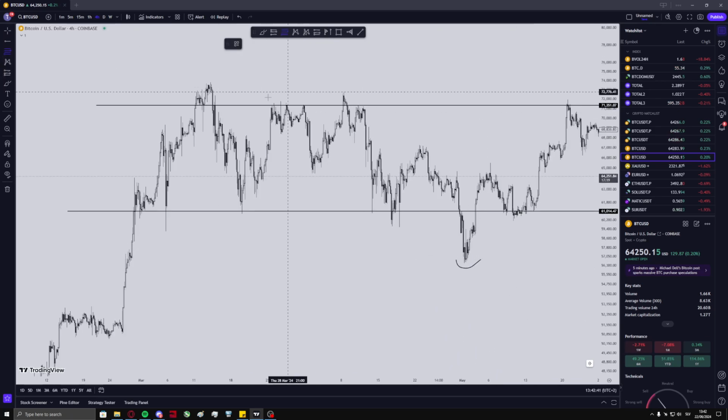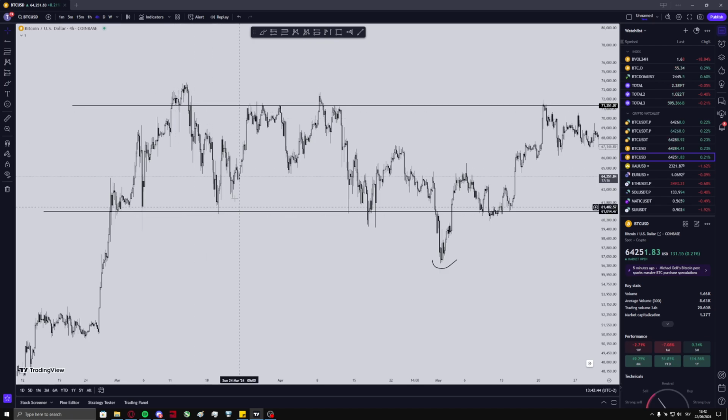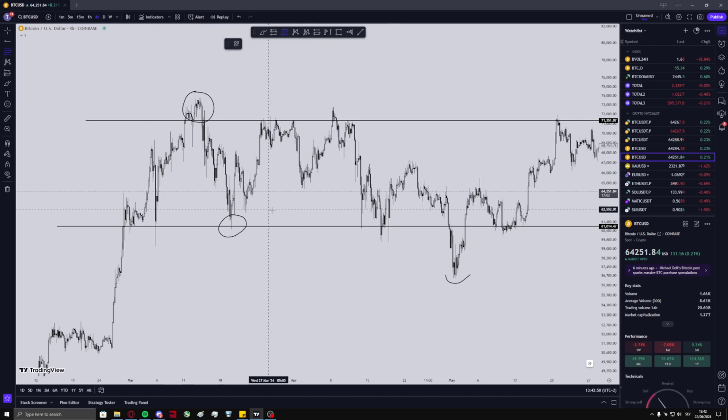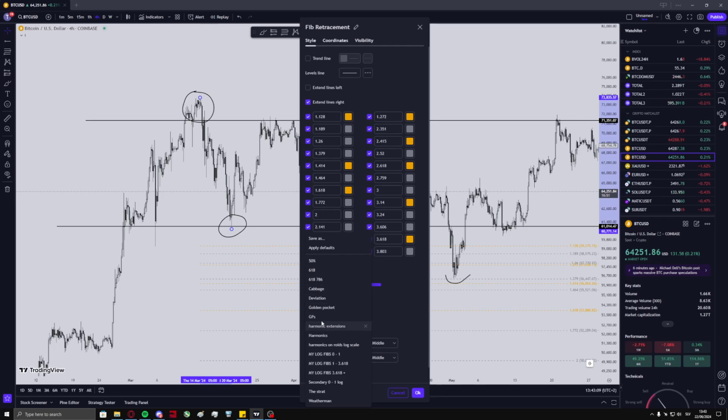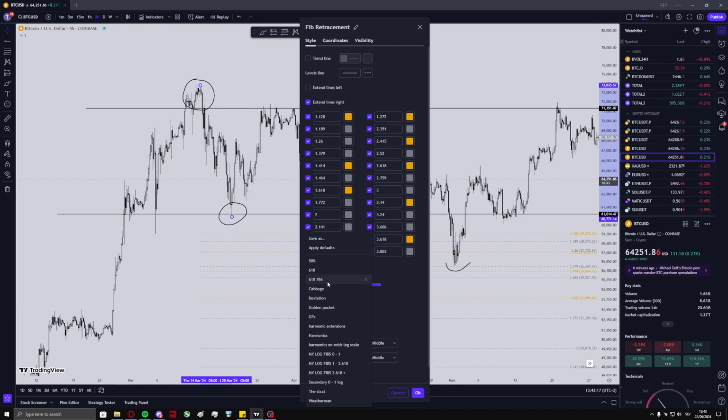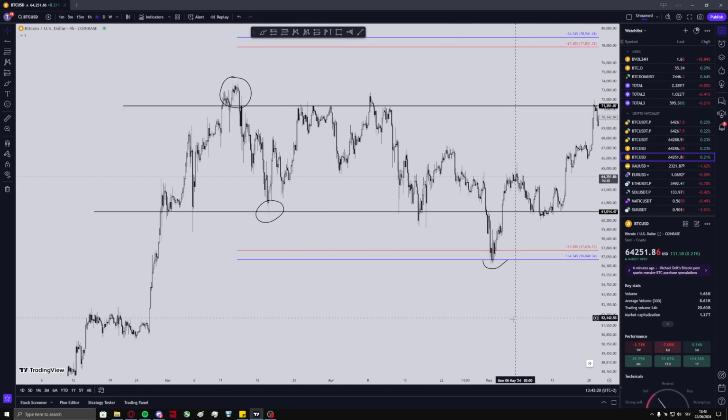Now, why did they buy, you might ask? So you have this range, and you have range high and range low, yeah? This is the clearest leg of this range you can find. So what you're going to do is take your fib like this from the low to the high and turn on your extension fibs. Now I have a lot of different presets for my fibs, so I'm just going to use the deviation preset I have,